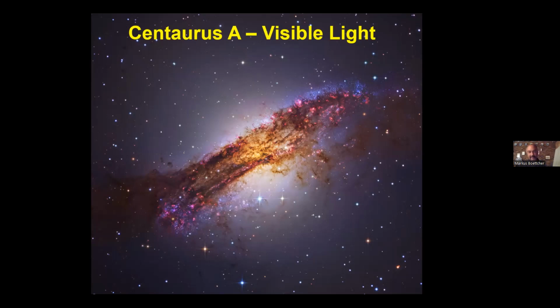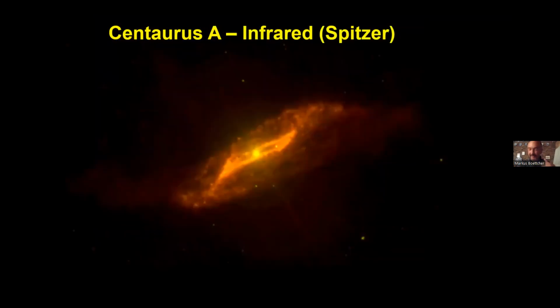What we see in visible light is, again, the light of stars, with the central region obscured by a lane of dust. So this dust absorbs the visible light. That energy of the visible light heats that dust. And because it's getting hot from all the starlight that it absorbs, it re-radiates that as heat radiation that is infrared. So if we look at that same galaxy in infrared, it's actually the dust that shows up bright, and the stars and everything else really don't show up very much. So you see almost like a negative image of the image you see in visible light.